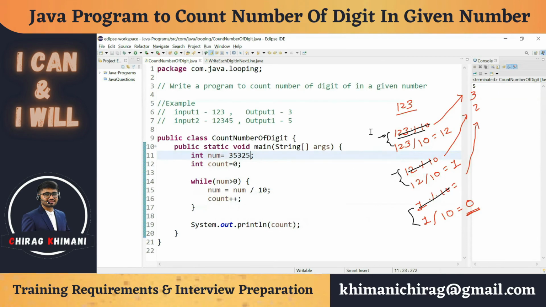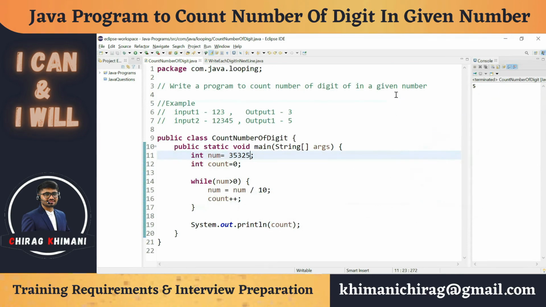Perfect. So let's try to understand the execution of this program. So first of all, we are taking any number, right? So let's take any number. Let's say 3532. Okay. First time we will check the number is greater than 0. Yes, the number is greater than 0, right? So what we will do, we will just try to remove the last digit from the number. So after execution of this statement, we are getting number equal to 353.